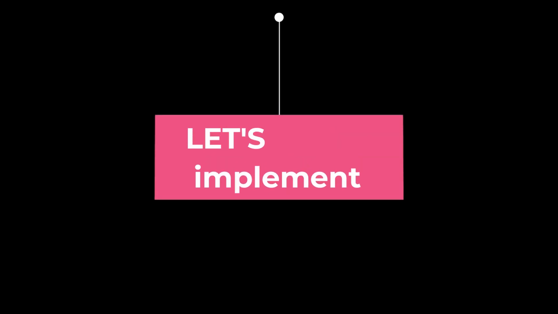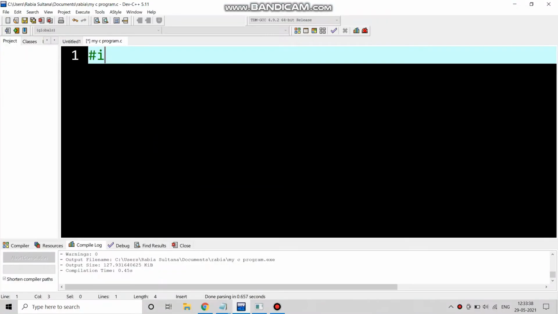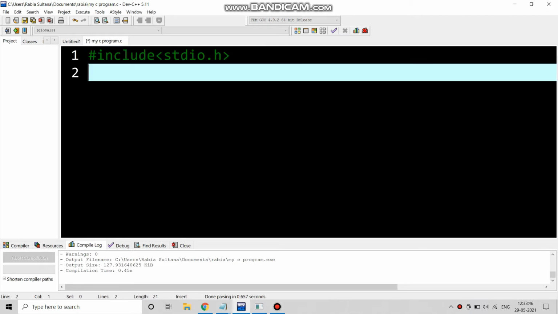Okay, let's implement. In the beginning of the program, we write hash include stdio.h, and then in the next line we give int main and the brackets.